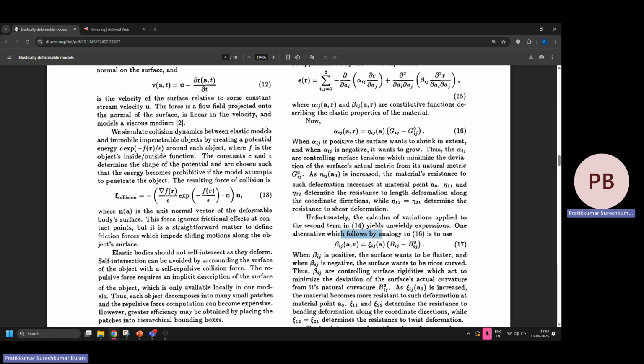ओके, ये सेकंड फंडामेंटल फॉर्म है ना, कुछ अप्रोक्सीमेशन लगाइए इसमें भी. सो बेसिकली, जो थिन शेल वाला पेपर था उसमें इस अप्रोक्सीमेशन की बात करी हुई है, इस टाइप की. सो जब सेकंड फंडामेंटल फॉर्म को डिराइव कर रहे होते हैं तो इट्स बेसिकली dr ट्रांसपोज dn, सो हाउ द